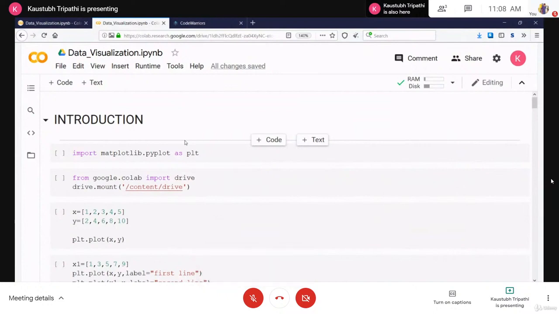Okay, so let's start. We are talking about data visualization using matplotlib. So obviously we will need the matplotlib library over here. If you have downloaded Python through Anaconda Navigator or the Anaconda distribution, then this matplotlib library will be built into your machine. And I'm on Google Colab right now,